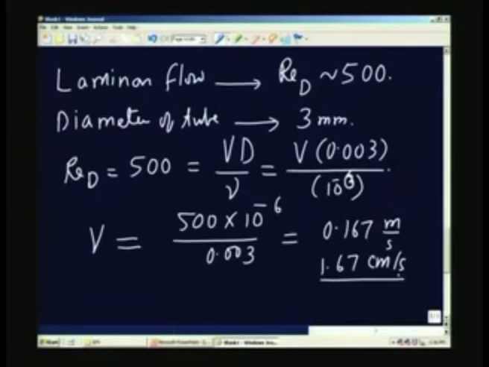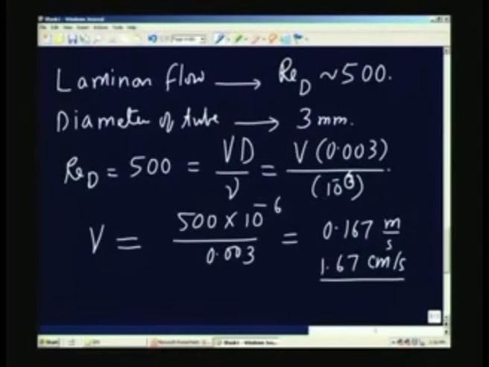So, I am talking of a very small velocity of the water inside the tube. You must realize that the smaller the velocity of the water, the smaller the Reynolds number in this case. So, the idea is to have a very small velocity in the tube. In fact, I can find out the corresponding quantity of flow Q. Q will be nothing but the velocity times the area of cross section of the pipe. So, we will say V into pi d squared by 4.